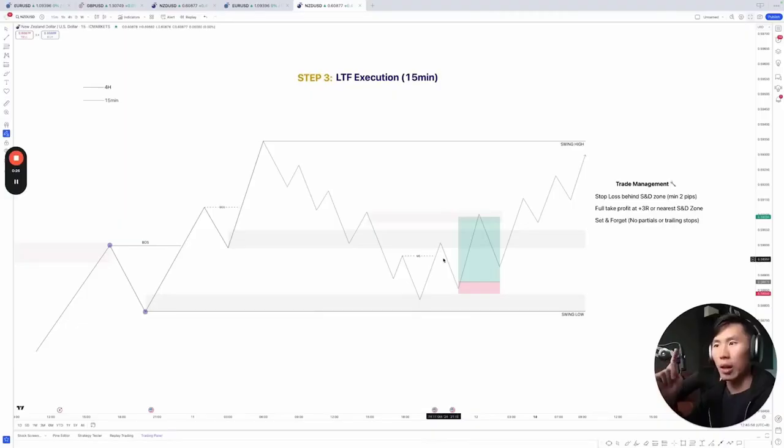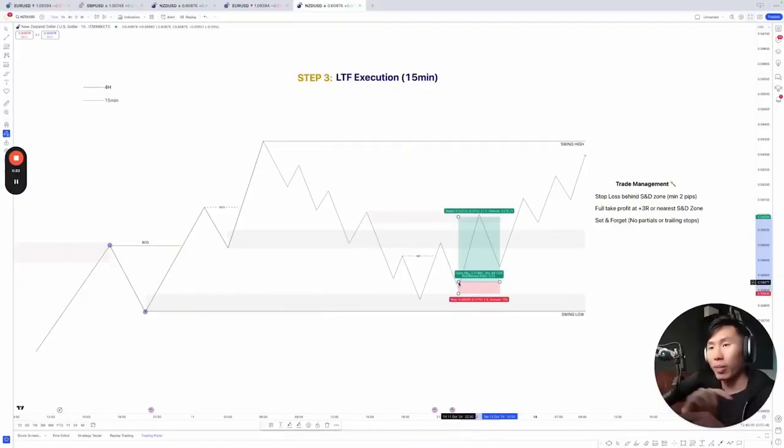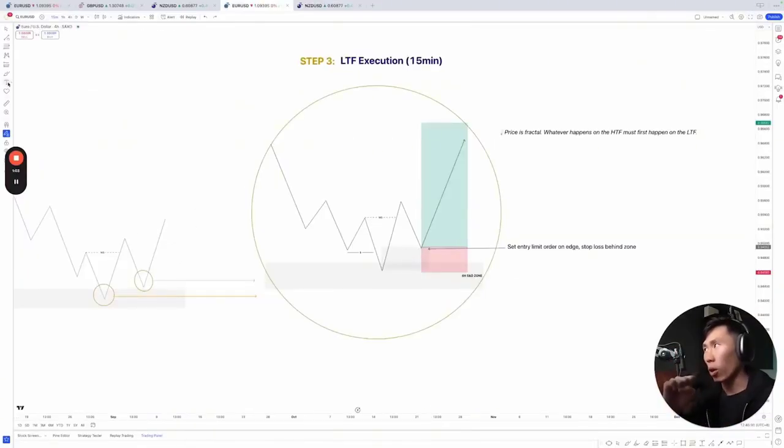There's a second criteria. The first criteria is a market shift. And just wait for price to pull back to the demand zone that created this market shift, and you enter for a buy right there. As simple as that. Now, what this diagram is for those traders who want to analyze their charts